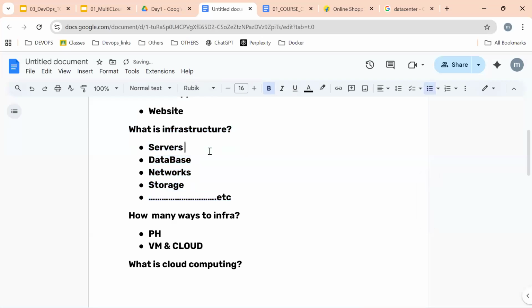Server means EC2. RDS is a database. VPC is a network. S3 is nothing but storage.